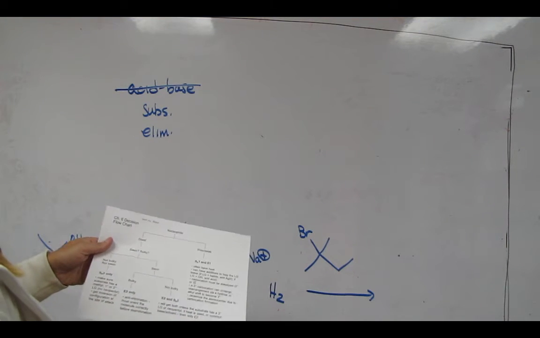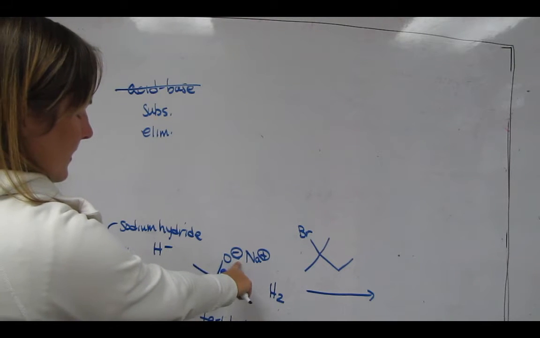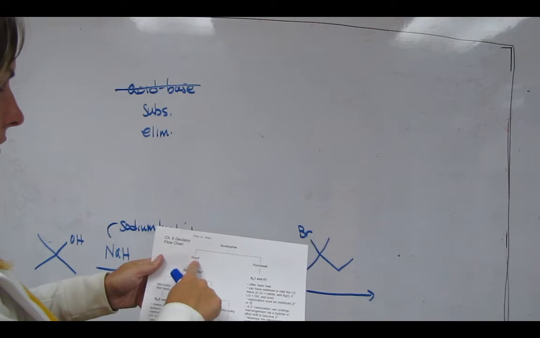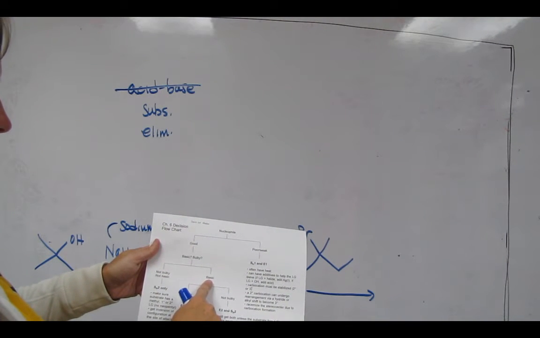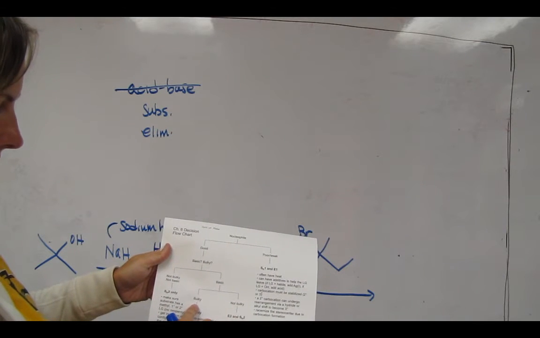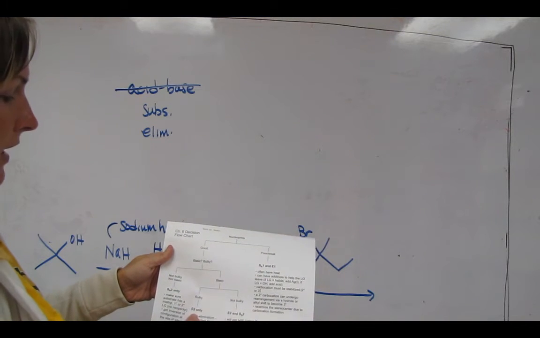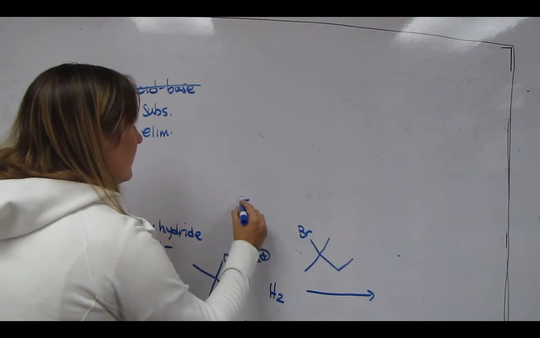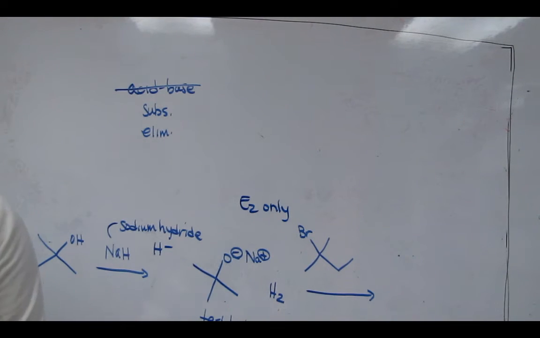And in the flow chart, we have our nucleophile is a good nucleophile because it's O-, but it's bulky. So it's a good nucleophile, but it's bulky and it's basic. It's basic and bulky. And so we come down to this side, basic, bulky, E2 only. That's all that's going to happen. We cannot have SN2. So E2 only. Remember that for E2,